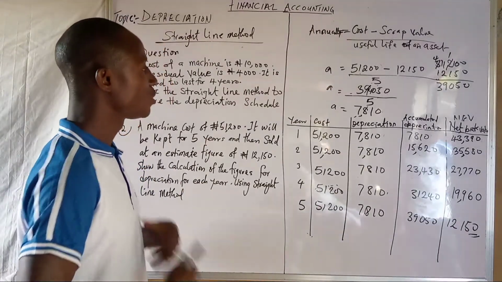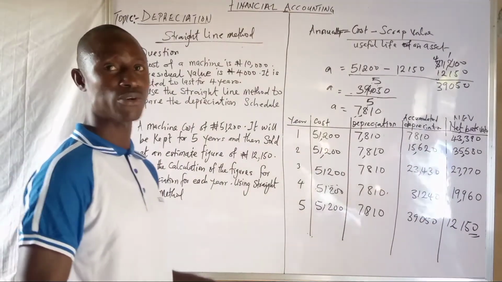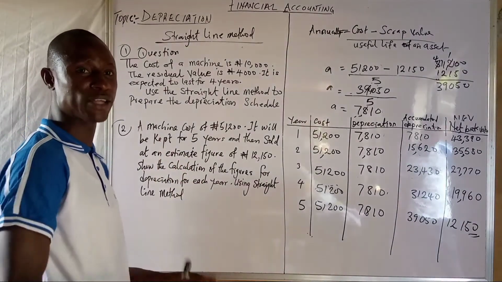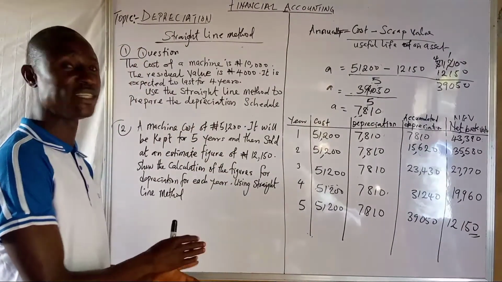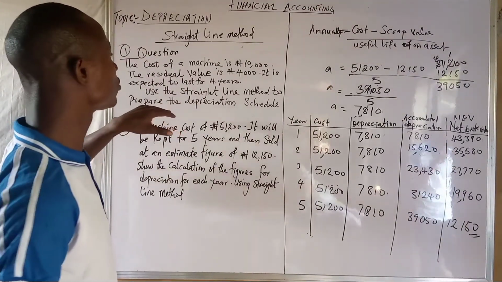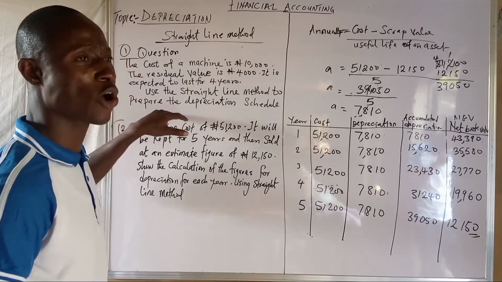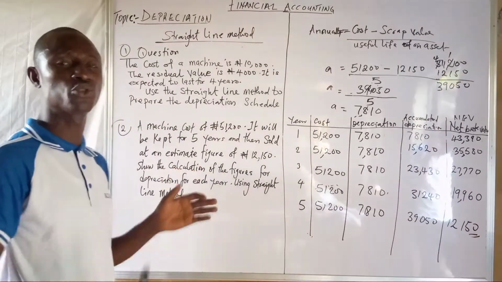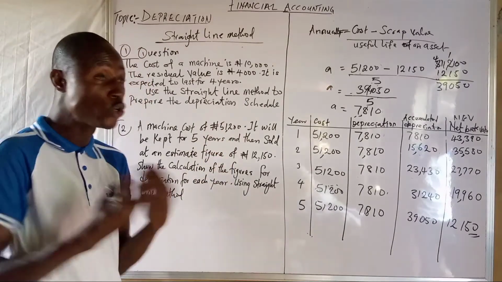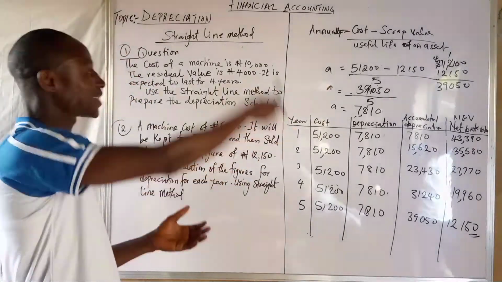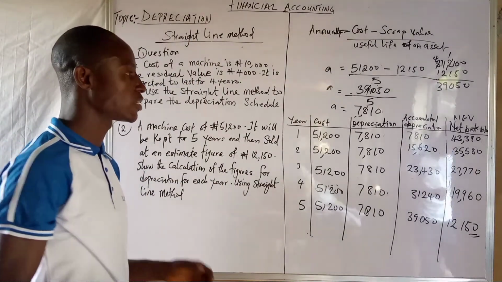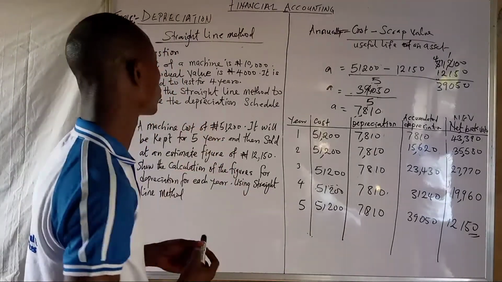We are going to move into another method right away with the same question. We can use the same question to charge using a different method. So based on this particular straight line method, if you use the reducing balance method, you cannot get the same value, due to the method that you approach it with. So don't let that confuse your mind that you did not get the same figure that you realized in the first method, because methods have different formulas. So let's quickly approach the second method. On this particular